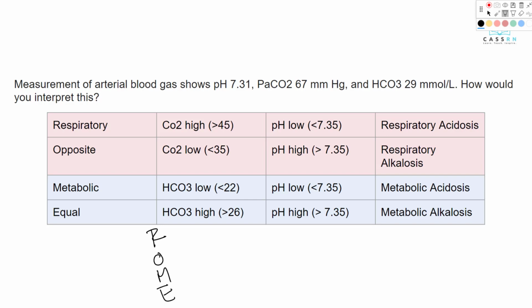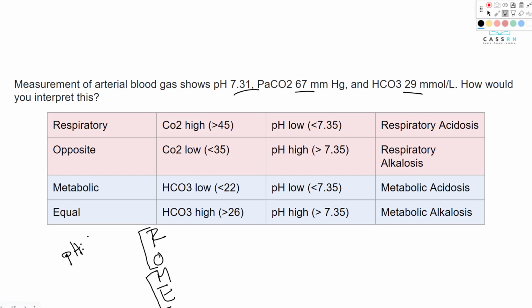Okay, so this is going to be our respiratory, and this is going to be our metabolic, and then we got to have our pH. Okay, so in this case right here, here's our numbers, 7.31, 67, and 29. So we're going to come back over here again. We're going to do the exact same thing. So our pH is